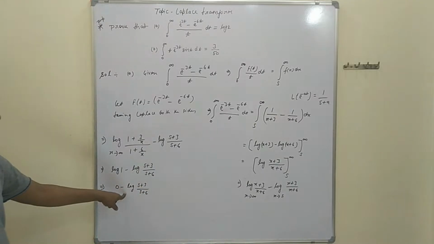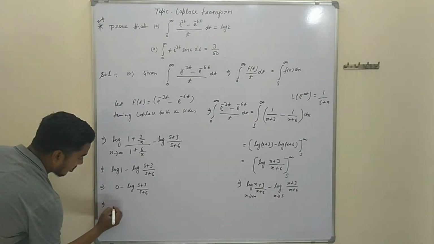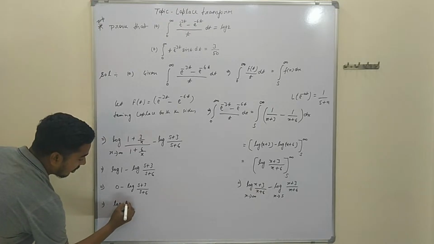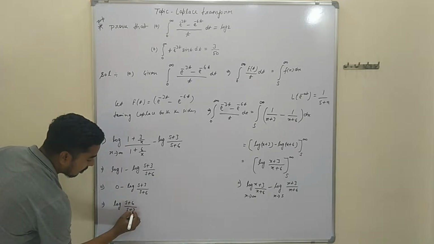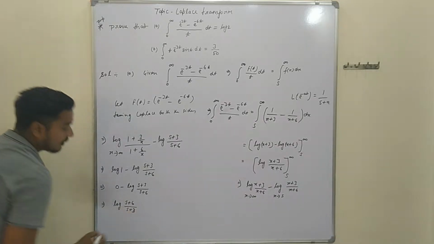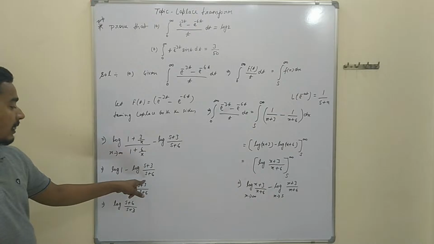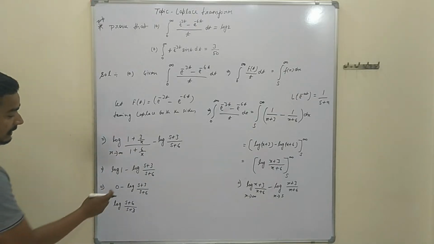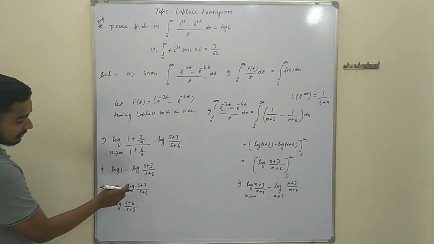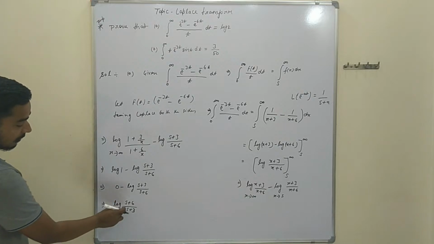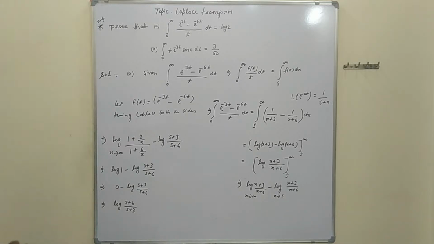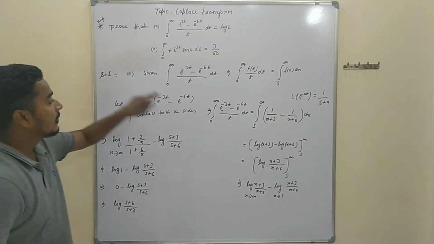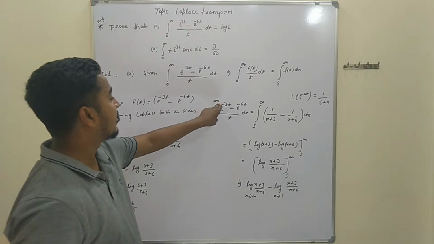And again using the property of log, we can also write the given function as log of (s+6) upon (s+3). The denominator is taken to the numerator and the numerator into the denominator, because of the minus in front of log, so we have log of (s+6) upon (s+3). And further we have to prove that the integral limit 0 to infinity